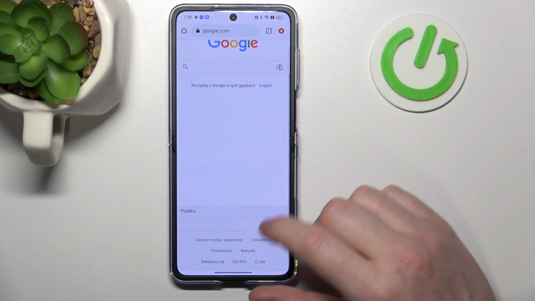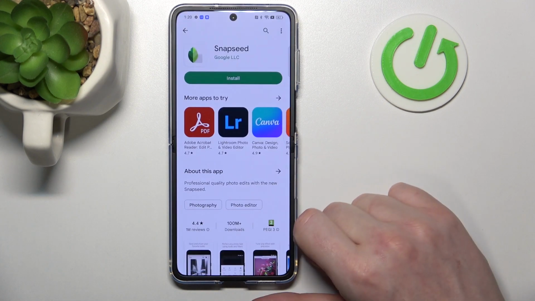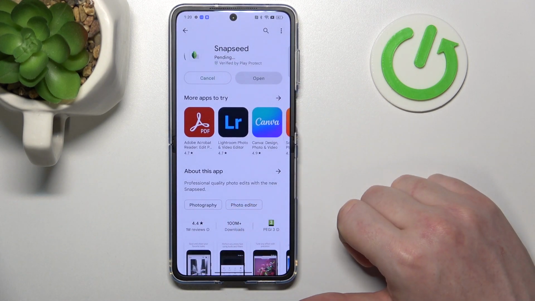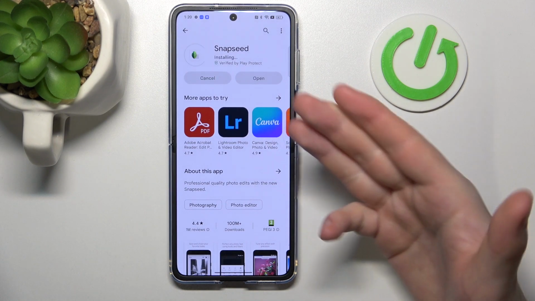everything should work, and the same thing is with Google Play Store, so we can install the same app and it will start. And that's it for this